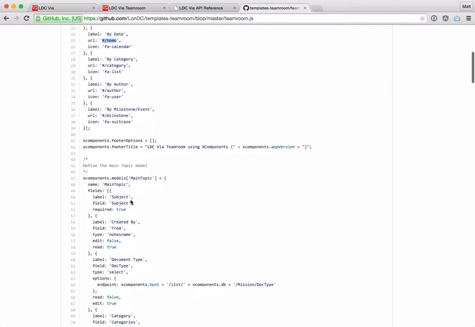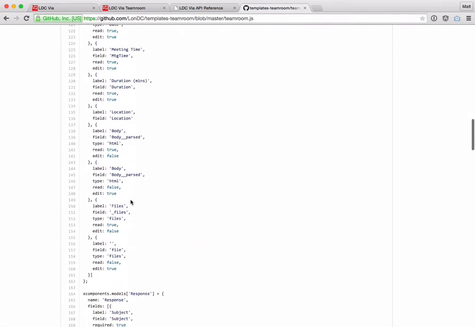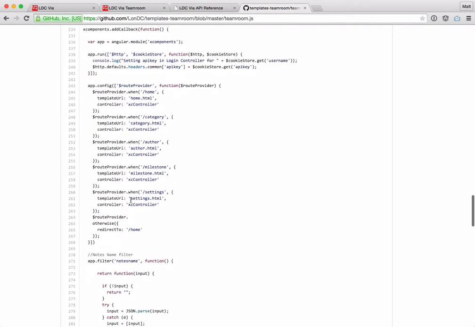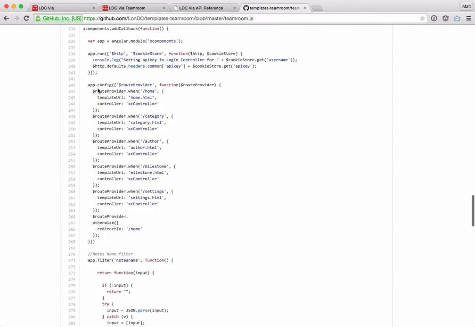Fairly simple stuff. If I scroll down this file here, what we've created is some simple routing so that when we click on home, we're taken to home HTML. When we click on category, we're taken to category HTML, and so on. So a fairly simple mapping of URL structures to HTML files